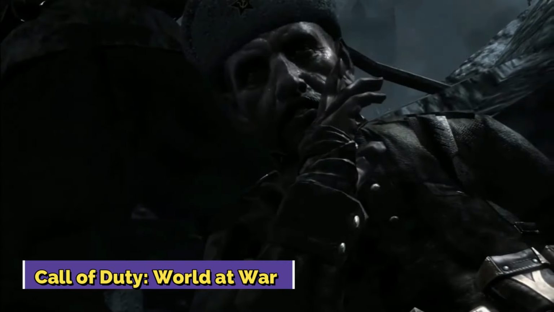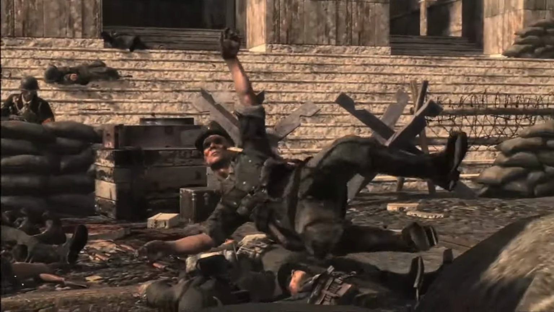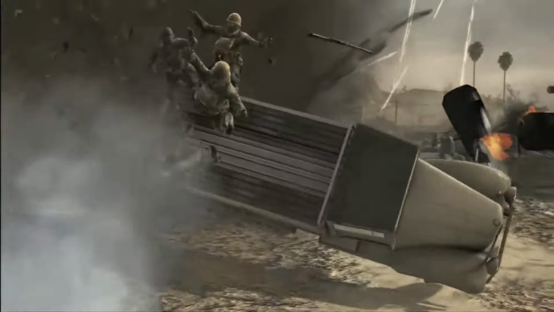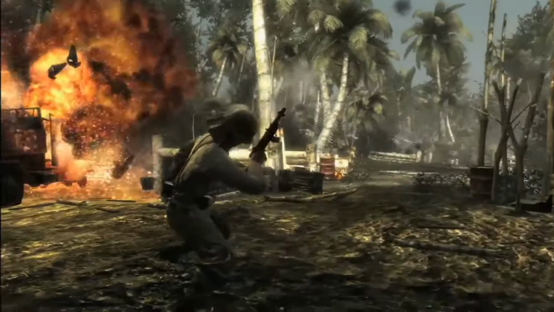Call of Duty: World at War. Call of Duty: World at War takes you back to the bloodiest battles of World War II, where you'll fight your way through the Pacific Theater and the Eastern Front in one of the grittiest entries in the series. You'll play as both a U.S. Marine and a Soviet soldier, experiencing the brutal realities of war as you take on the Imperial Japanese Army and